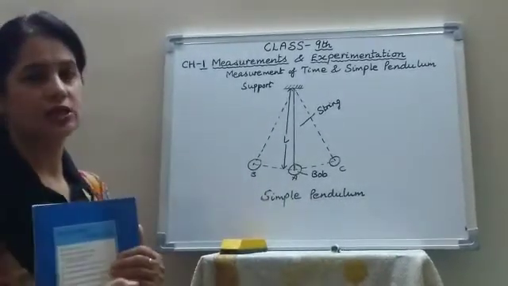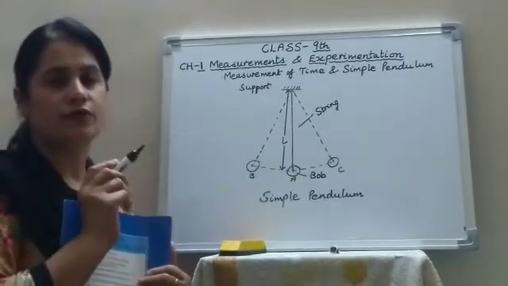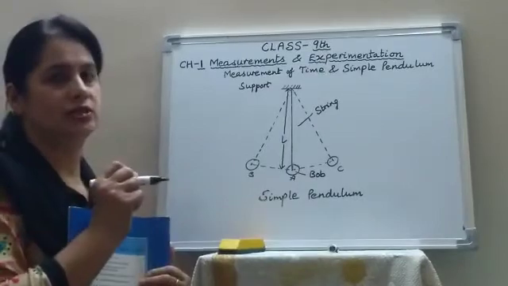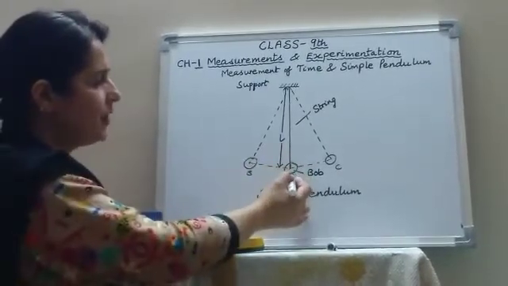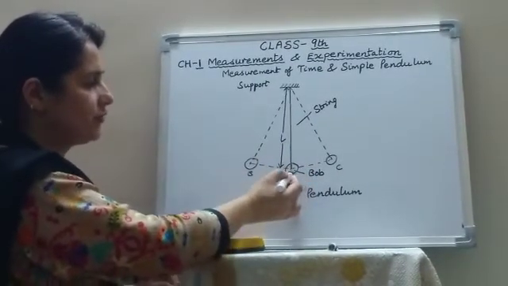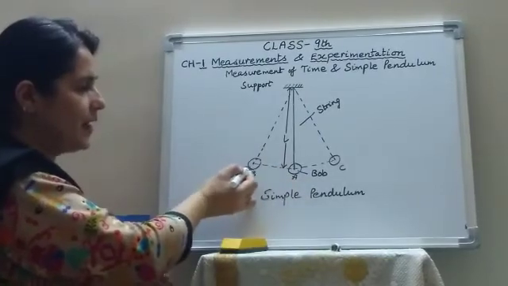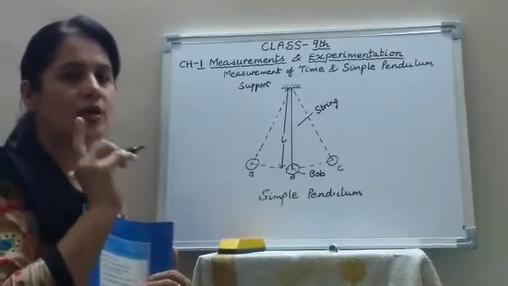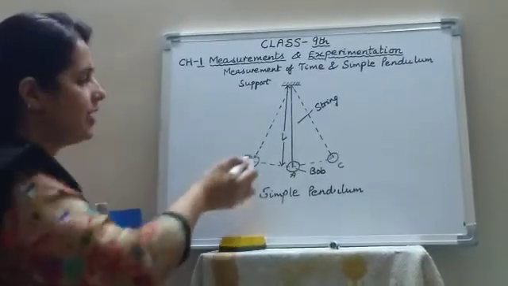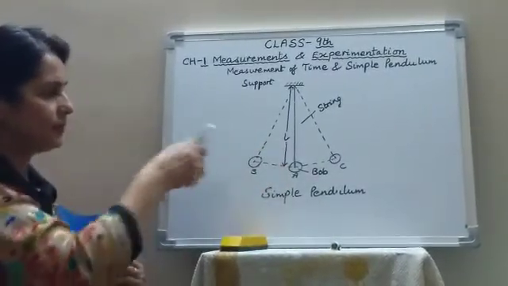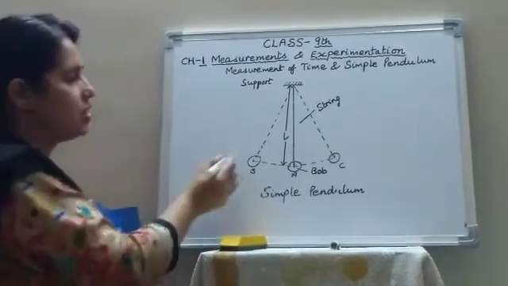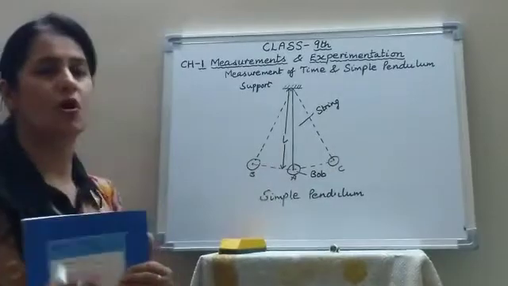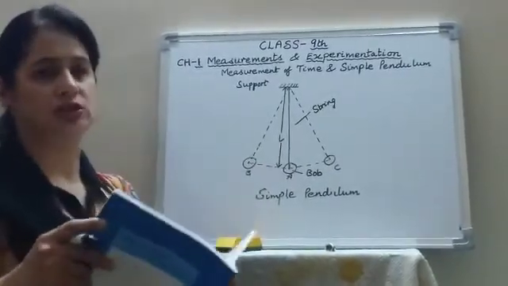What is oscillation? One complete to and fro motion of the bob of the pendulum is called as oscillation. That means if the pendulum is starting from A position, first it can go to B, then to C and back to A, then it is called as one oscillation. Similarly, if we displace it to the B point and then we release it, it will go from B to C and back to B. This is also called one oscillation.